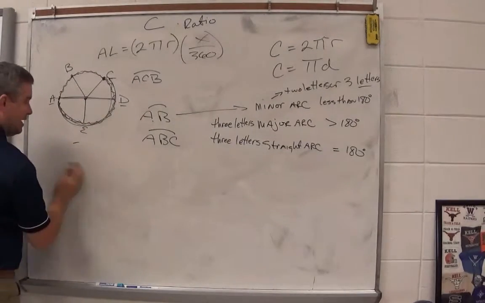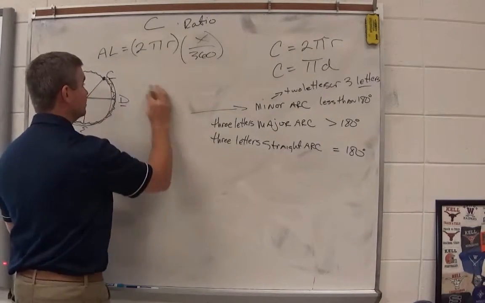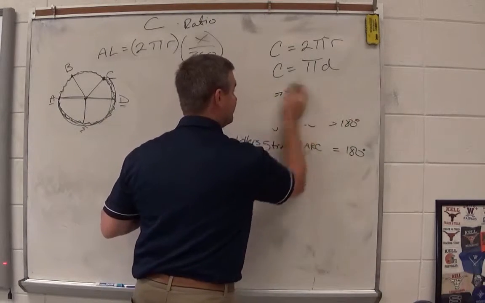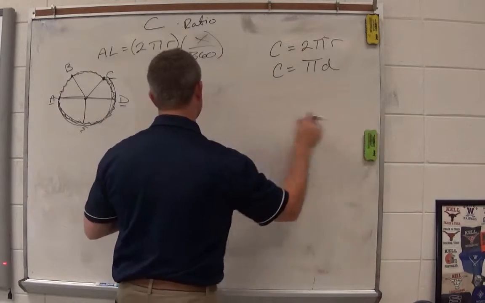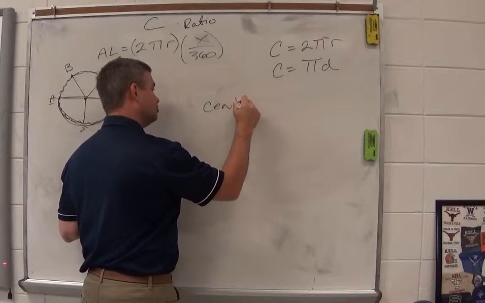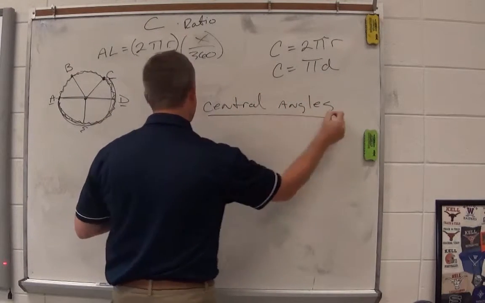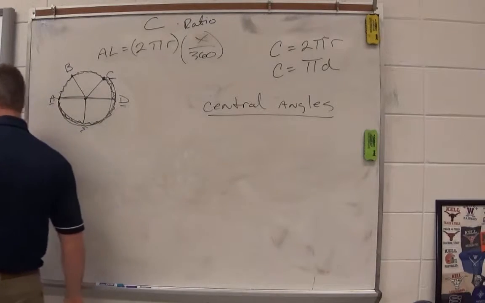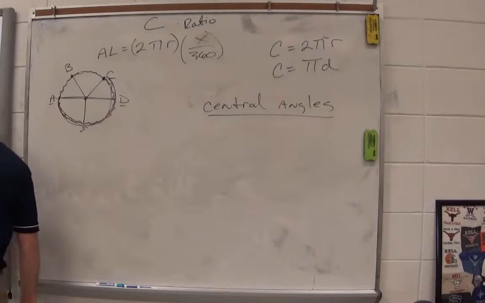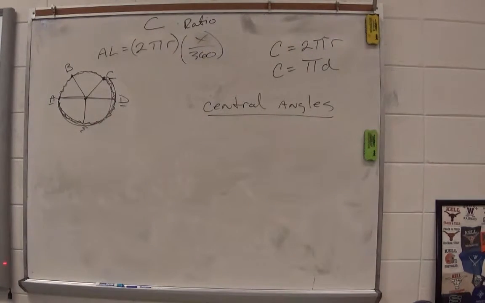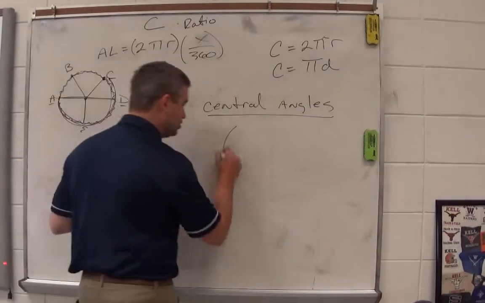Now I need to talk about central angles. I'm going to leave my circle up here. Central angles. If you look, this is actually a learning target from the next section. It says, I can use central angle properties to find missing angles in circles. Well, that may be true. We're not going to use central angles to find missing parts today, but you need to know the relationship